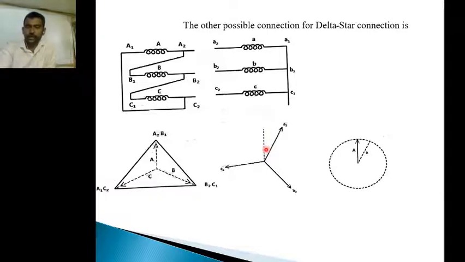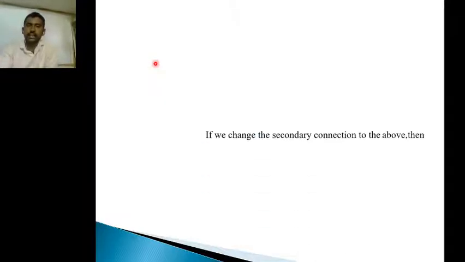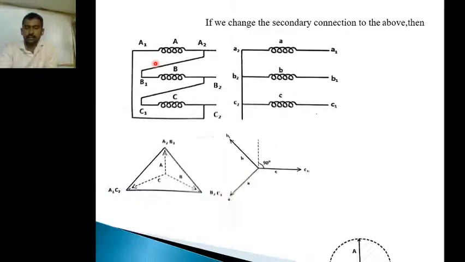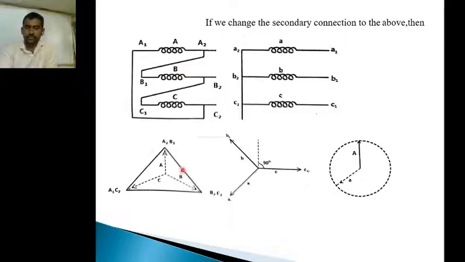So if you go for the single phase, same phases, then this is the A phase and this is the A phase. So the clock representation is 1 o'clock. In a similar fashion, if you reverse the phase of the secondary winding with this connection, then we get the 7 o'clock connection. That means the phasor diagram is the reverse of the previous phasor diagram, and so is the clock representation.